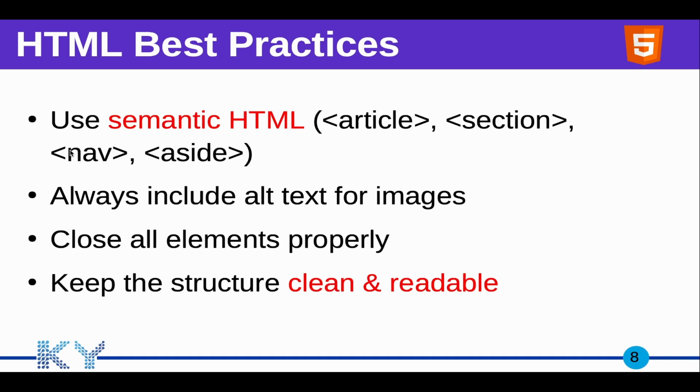Usually you're going to have links inside your nav. Then we have the articles. Now, anything that goes into an article must be something that can stand out on its own. For instance, now we have a website that is discussing front end development, and we are discussing a lot of things that pertain to front end development, and I reach a section where I'm discussing HTML. Now, I can decide to put HTML on its own within the article tag,